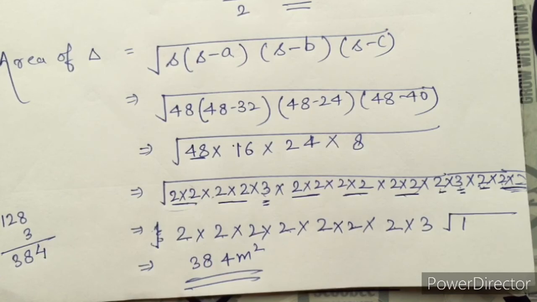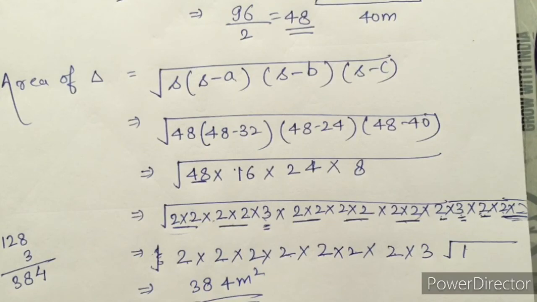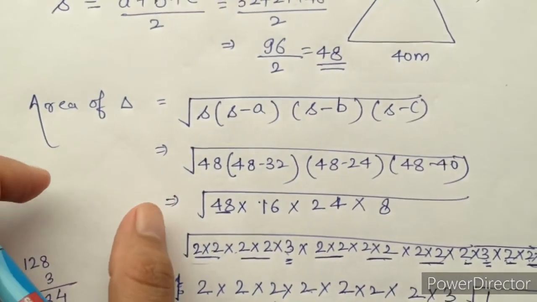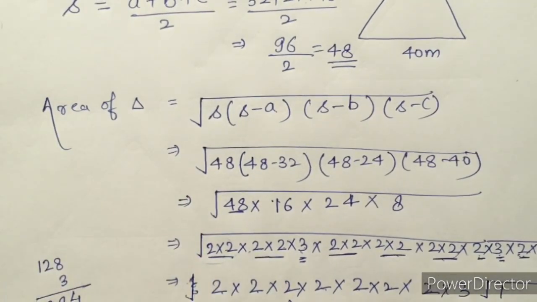Same way we could find the area of an isosceles triangle also. This is what I have shown you, one example with the help of Heron's formula, how we can apply it and find the area of these two types of triangle. For a right-angled triangle we can make use of half into base into height. I hope the formula is clear for everyone. I hope you have understood it well.